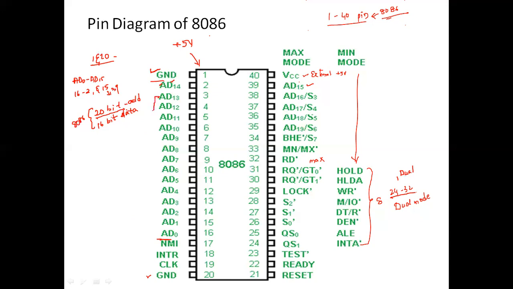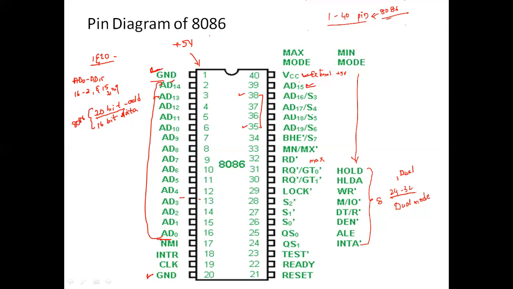We have covered AD0 to AD14, and the pin AD15 is also covered. VCC power supply is also covered, and both grounds have been covered. Fine. So here we are going to have numbers from here. When we look over here, pins 38 to 35. What are pins 35 to 38? AD19 to AD16.